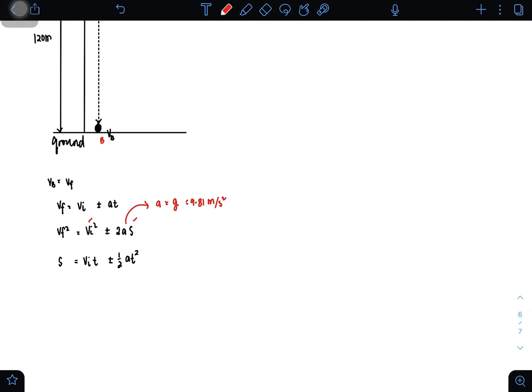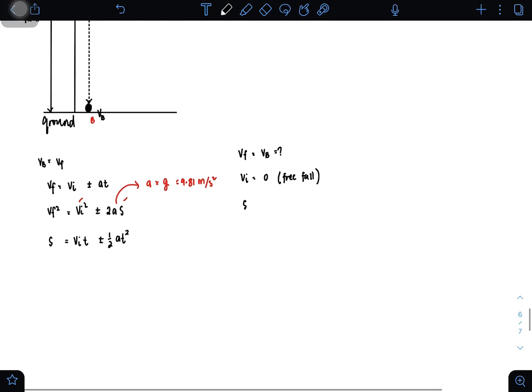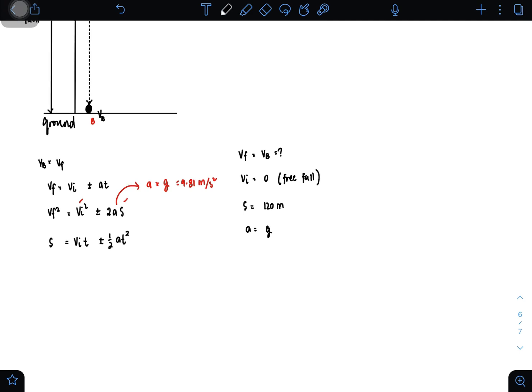So this time we're going to decide whether this is plus or minus, negative or positive. The distance also is already given. So let's try to arrive. Final velocity is the velocity at point B, which is the question being asked. Then we have the initial velocity, which is a free fall. Again, this is free fall. Then the distance given is 120 meters as the height of the building. And then the acceleration is g, and we're going to use the positive